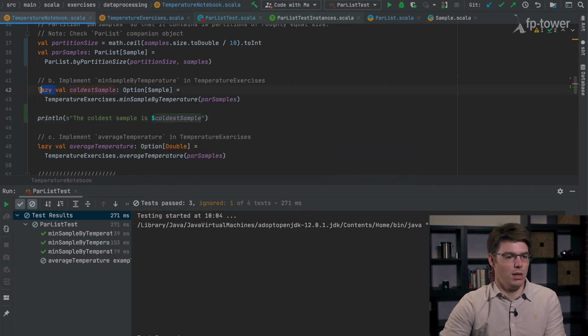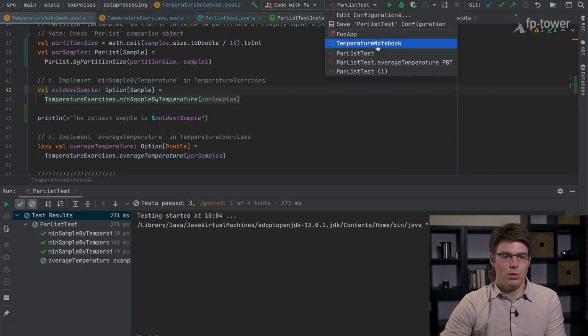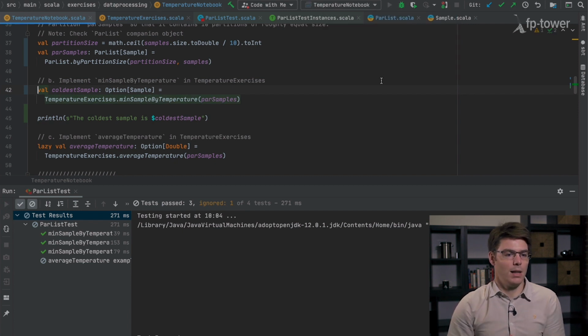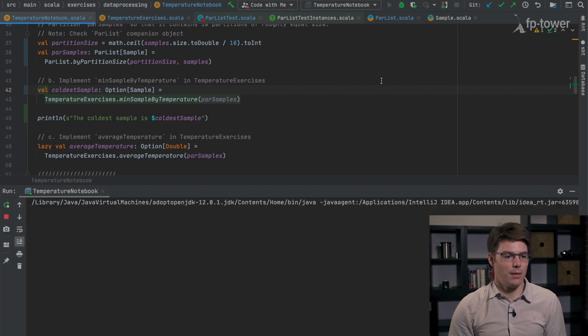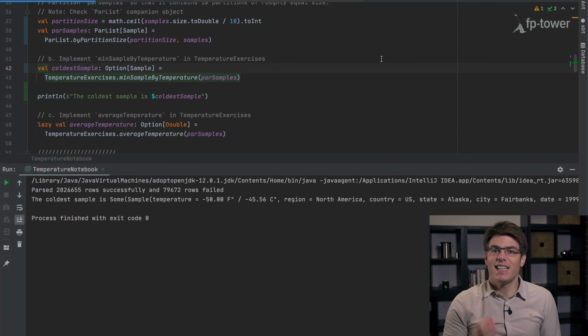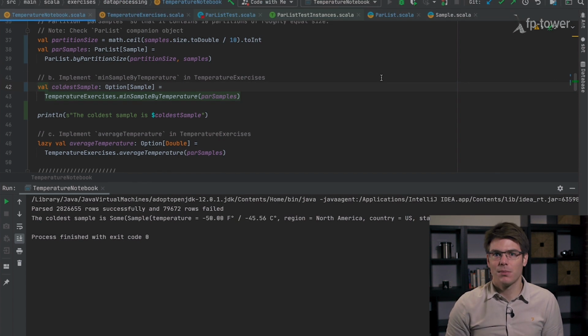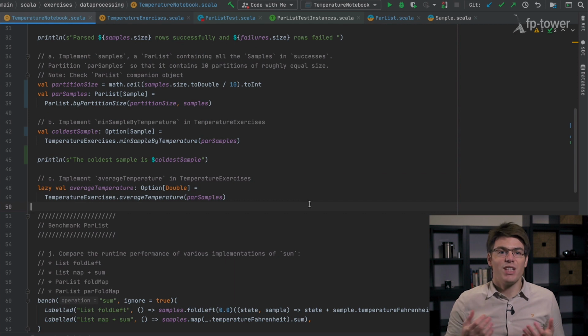We can even remove the lazy value. And here I want to run the notebook. Let's see what it gives. Unsurprisingly, it's Alaska in 1999, where it seemed that they experienced a temperature of -50 Fahrenheit, which is equivalent to -45 Celsius.